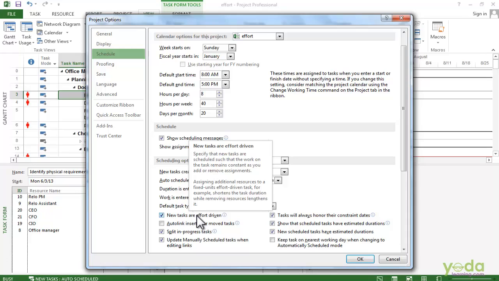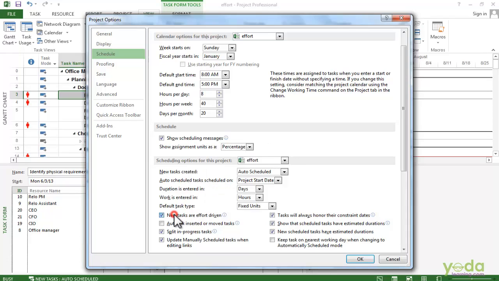So when it's turned on, any new tasks you create are effort-driven, which is usually what you want. But if you don't want them effort-driven, just turn the checkbox off.